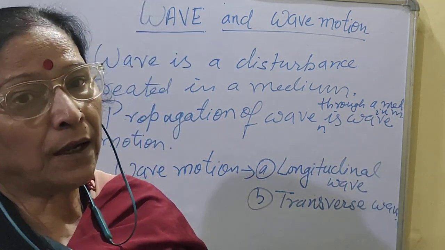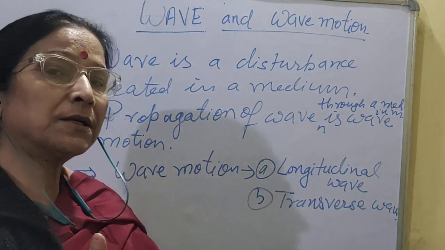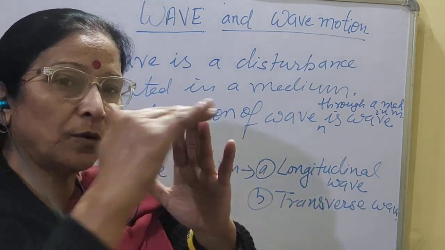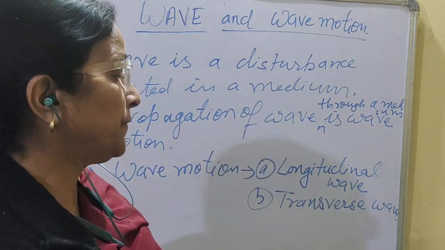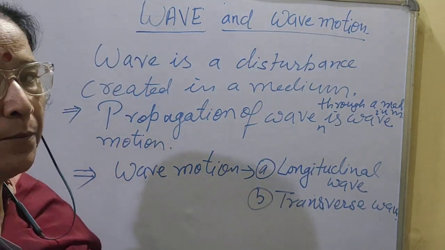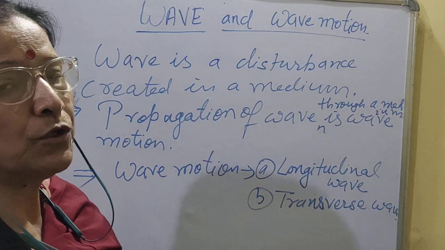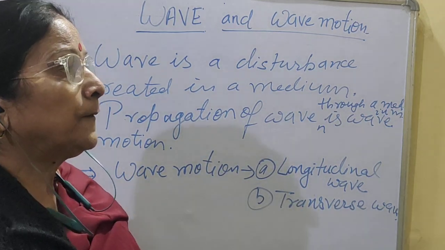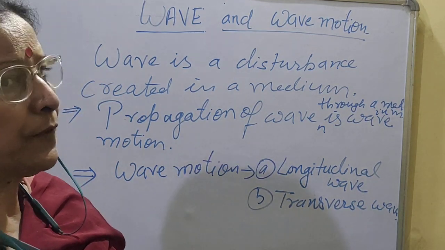So over there the disturbance propagates along the length of the arrangement of books. That kind of disturbance created in a medium and propagated in a medium is called a longitudinal wave. Okay. Now another example for that one